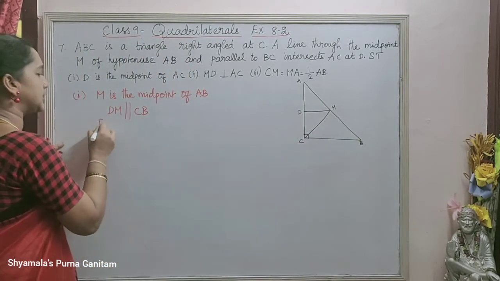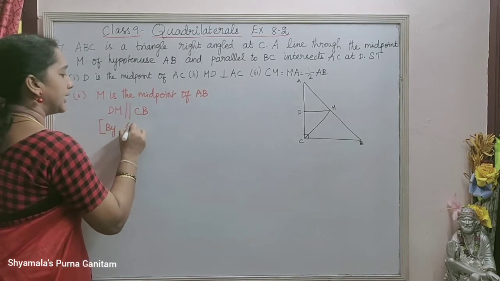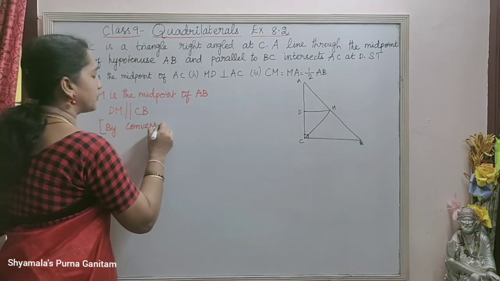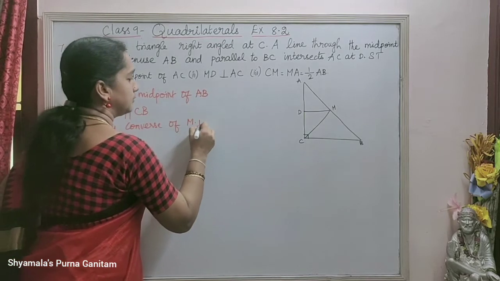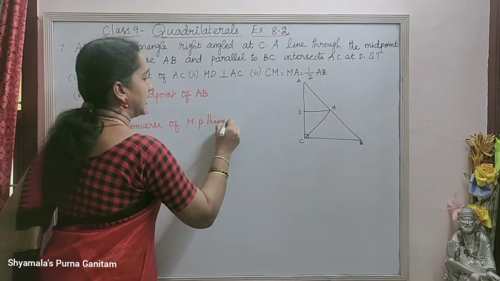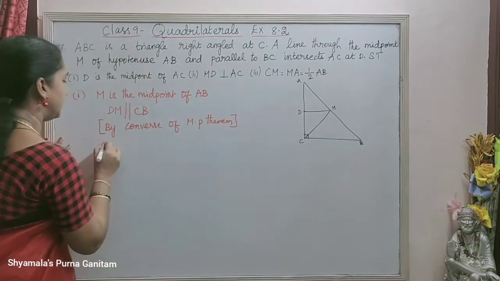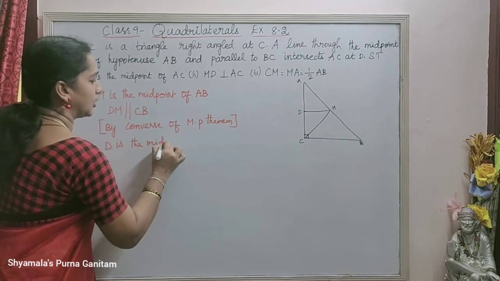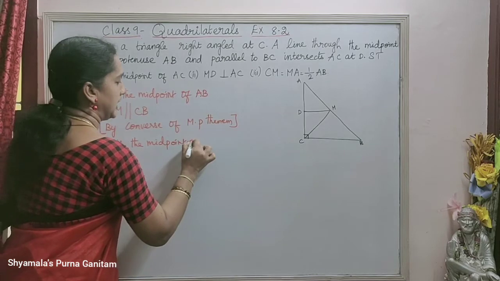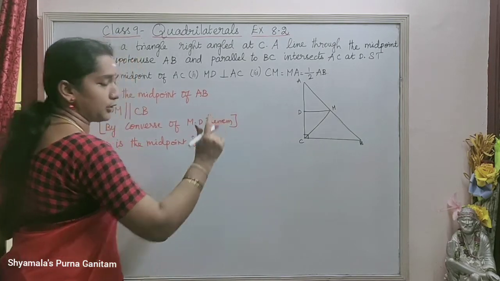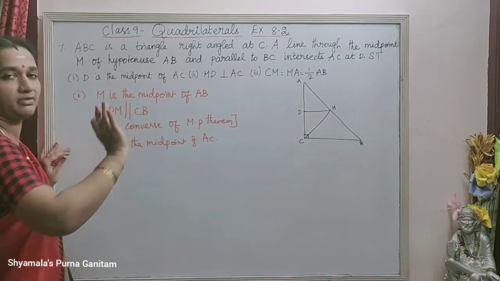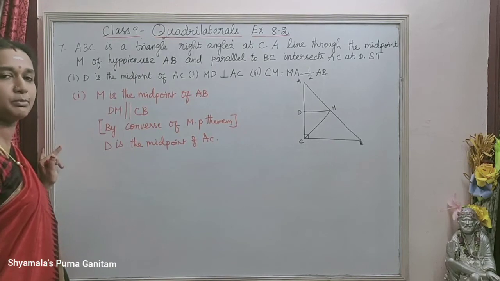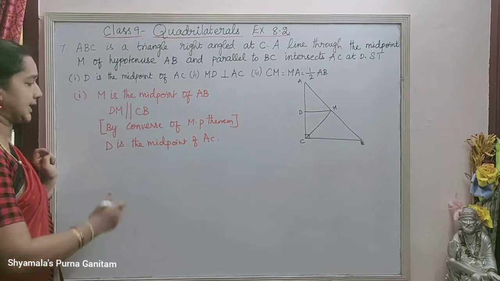So by converse of midpoint theorem, we can say that D is the midpoint of AC. So that is the first thing we are asked to prove by the converse of midpoint theorem. Second one is